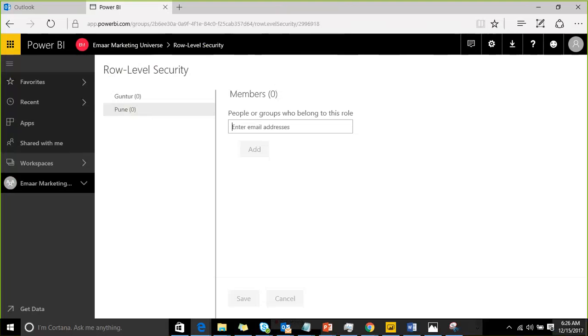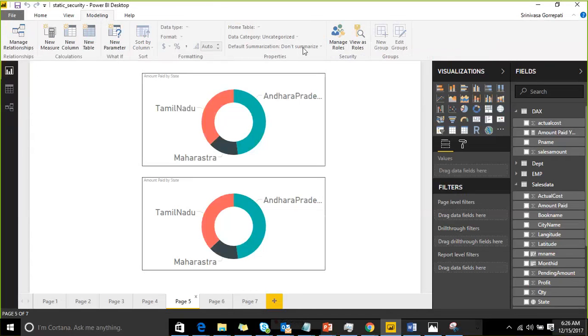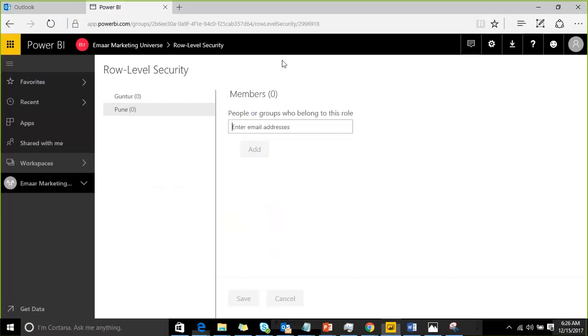For now, as part of Power BI, you have the role-based security concept. One is creating a role here and testing a role here. Then you need to publish it. Once you publish it, you add the user here, so that whoever is added here can see the relevant information of that role.